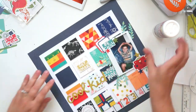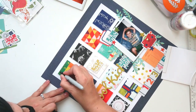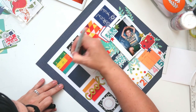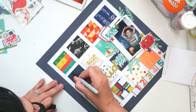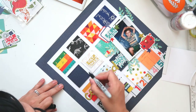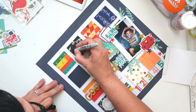Okay, so what I'm going to be doing now is, like I said, just adding some faux stitches around the edges of all of these little squares, so that they stand out a little more, and so that there's a little bit more interest on each of the squares. I think some of them feel a bit lonely, and if there's some faux stitching on it. I know this layout is very busy, and by doing this inadvertently I am making it even more busy,